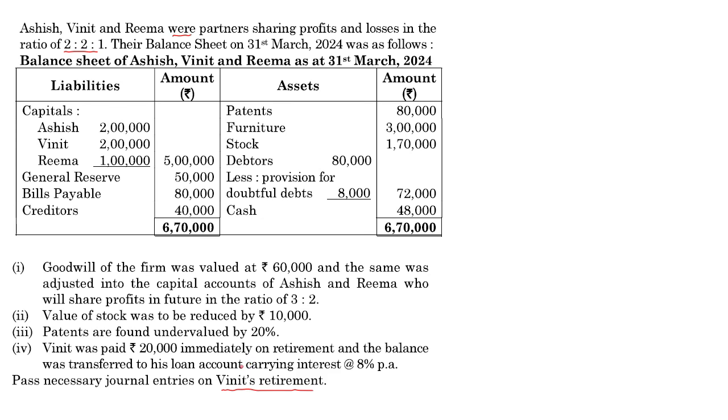Before that, it's still good practice to mark the adjustments. Goodwill will be managed, no problem. Value of the stock is being reduced. Okay, so we just put a dot next to stock. Patents are found undervalued by 20%, so we will deal with patents. Vineet was paid 20,000 immediately on retirement, and the balance was transferred to his loan account carrying interest at 8%